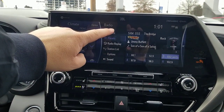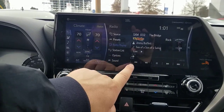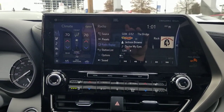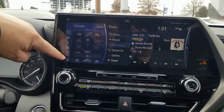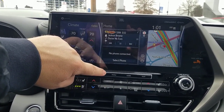Then obviously you can go to your source, like I said, radio replay. So if I go here now, you'll see that I've got the ability to back this up or to go forward, but I can listen to whatever I'd want to, and obviously you can too. Works well for podcasts as well. Like I said, just giving you an idea here. I'm going to go back to home. Once I go back to home,